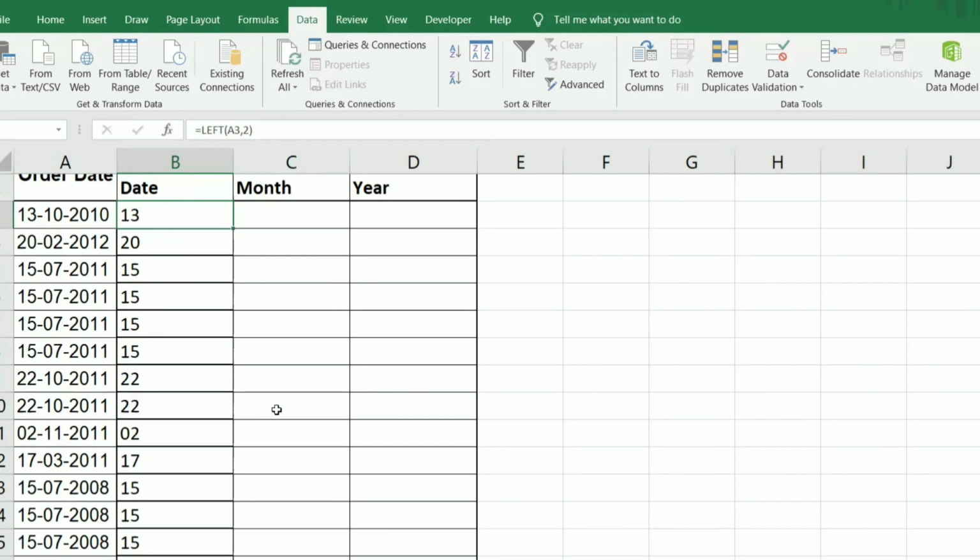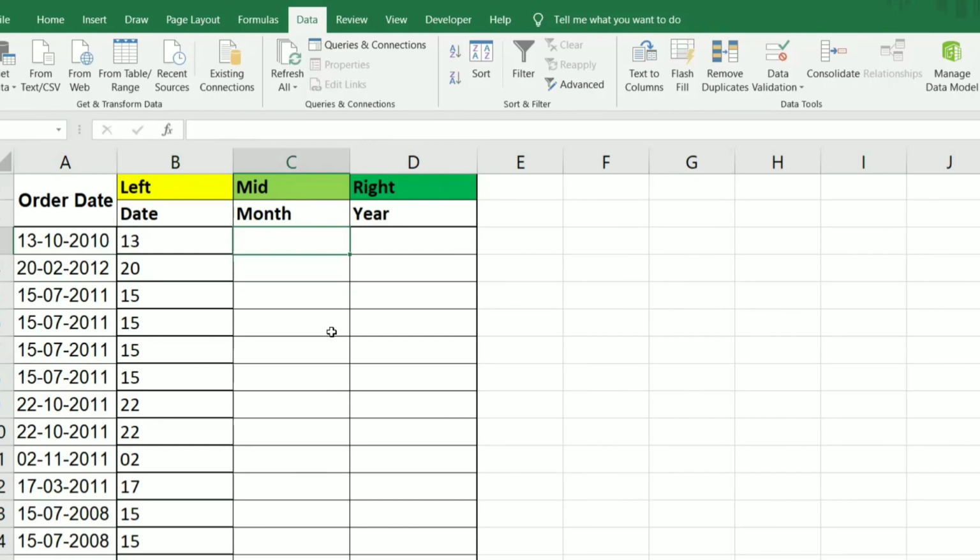Okay, so now the month should come from the middle. That's the reason we select the mid function: equals mid, select the date. The mid function requires text, start number and number of characters.